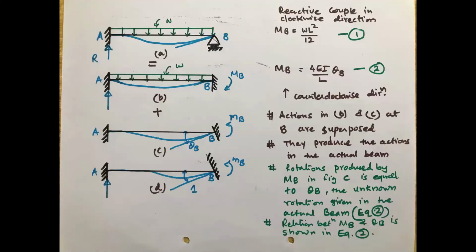And now we are going to discuss, we start with the stiffness method. This is a simple beam, not a simple beam, it is a prop cantilever. This is called a prop cantilever. If support B is free, we call it a cantilever beam. But if the free end of the cantilever beam is being supported by a roller, it is called a prop cantilever. So this is the original beam.